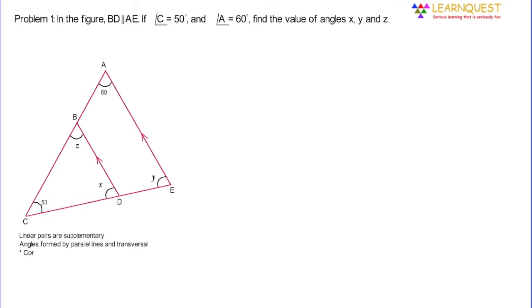properties of angles and triangles, like the fact that linear pairs are supplementary, or properties of angles that are formed when a pair of parallel lines is cut by a transversal, or properties of triangles like its angle sum property or exterior angle property. So we have to use all these properties and reason out and find the values of